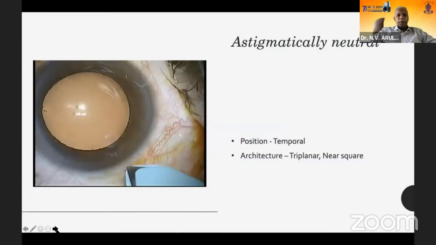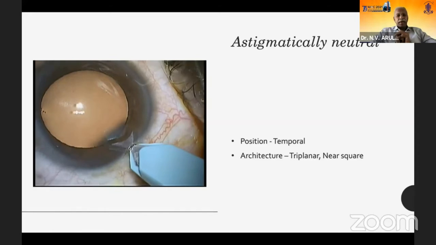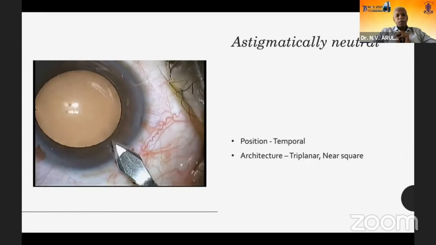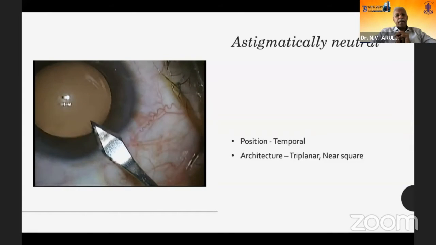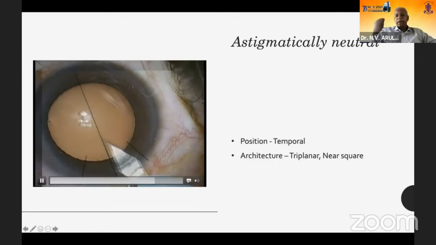The first rule in incision making is that you do not induce any astigmatism. So the incision has to be almost square. It should be preferably triplanar. It should be temporal, so it need not be exactly on the 180 degree. You can be 1 or 2 millimeters either above or below. In that whole cone area, you would be astigmatically neutral. You should have an incision that is almost square, properly designed, so that you're not going to induce any astigmatism. It's the first important step of doing